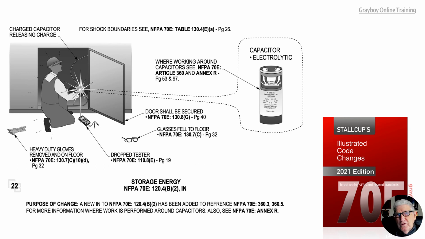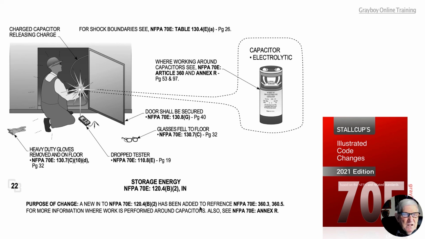Now this illustration deals with storage energy. In accordance with 70E 120.4(B)(2), informational note. Now the purpose of the change is a new informational note was added to 70E. And it's been accepted to reference